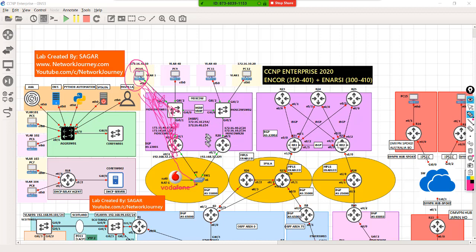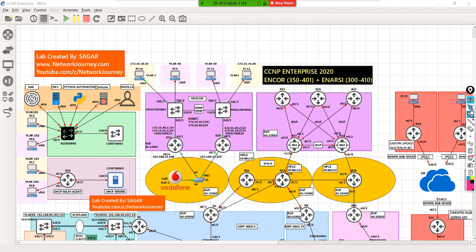Now as soon as you bring up HSRP, you're bringing up the virtual MAC address and the virtual IP address. So these are the two things that you introduce in your network as soon as you bring up HSRP. Now your gateway is mapped to the virtual IP, and in case this goes down, you still have a redundant path.